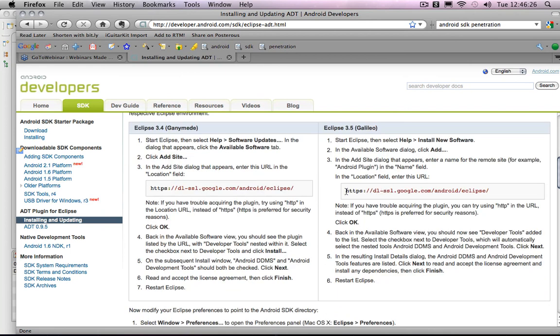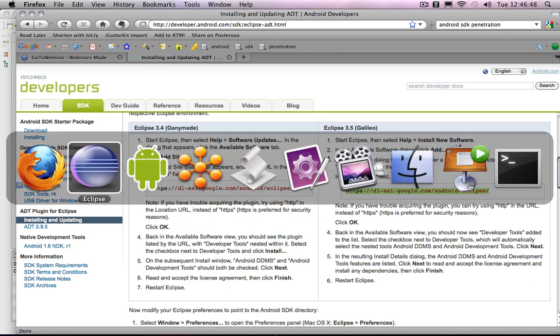By the way, Ganymede wasn't a requirement. It's just Ganymede or later, and I think Galileo is later. Or I mean, I know Galileo is later. That's what I have running, so it should work fine, either one. But what you need to do is copy this location field for whichever one you have installed, and then paste this into Eclipse,